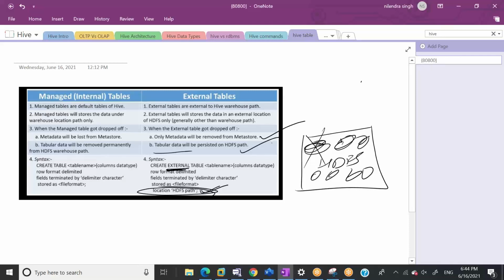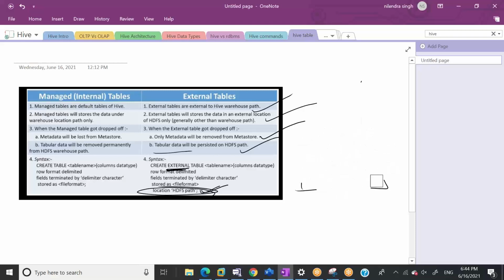External tables will store data in an external location of HDFS only, right? External tables are external to the Hive warehouse path. So this is the major difference between external and internal tables. If somebody asks you which tables you use generally, you'll say generally we use external tables, because in my